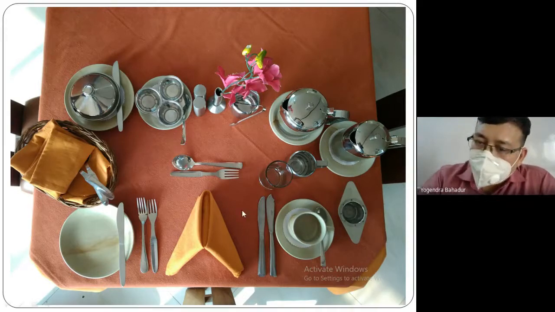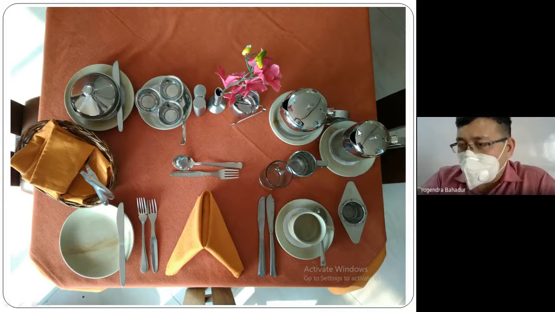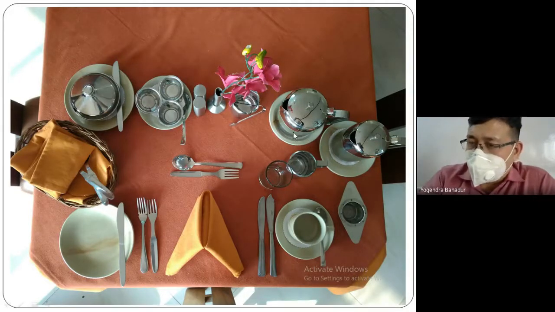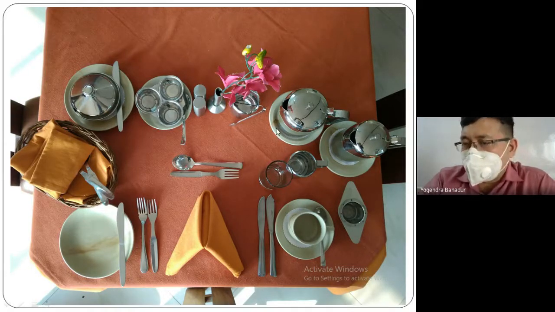Now moving further, on the top of the tea strainer, you can find the coffee pot, with doily paper and saucer as underliner. So here we have used the saucer as an underliner for the coffee pot. Next to the coffee pot, this bulged round one is the teapot. So here again we have the teapot with doily paper in between and saucer as underliner.